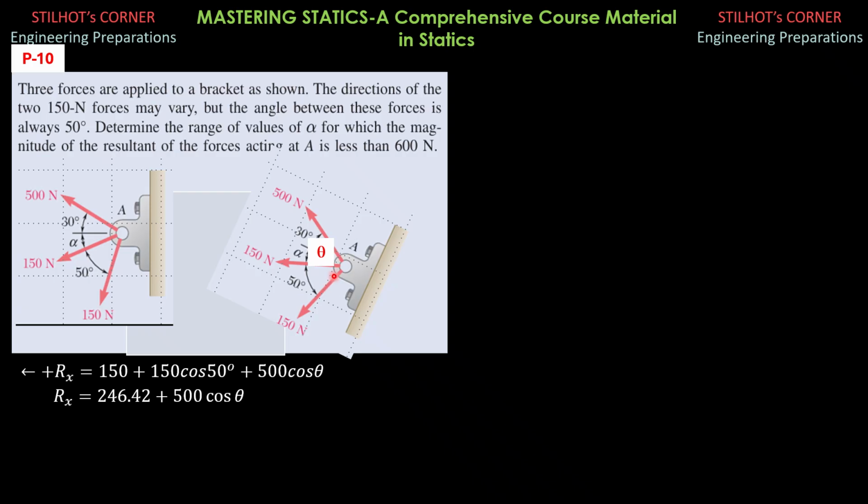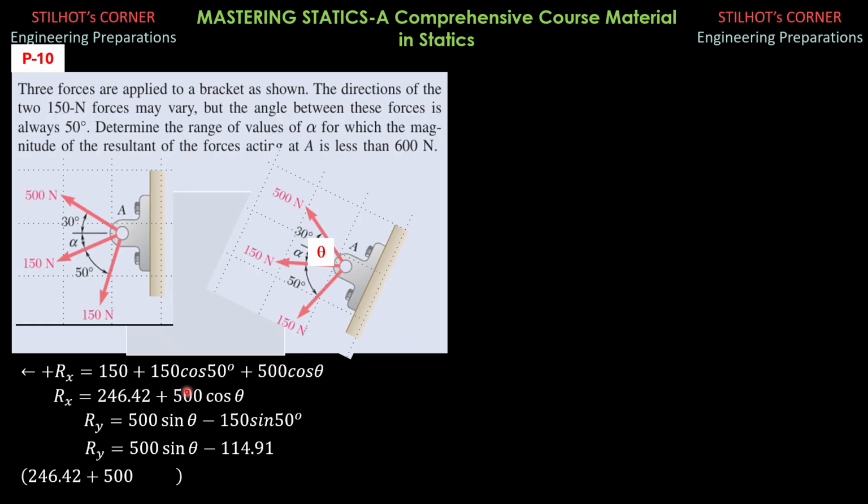Then for Ry, we have 500 sine of theta, then minus 150 sine of 50 degrees. Simplifying, Ry is 500 sine theta minus 114.91. Substitute into Pythagoras theorem, quantity 246.42 plus 500 cosine theta squared plus quantity 500 sine theta minus 114.91 squared